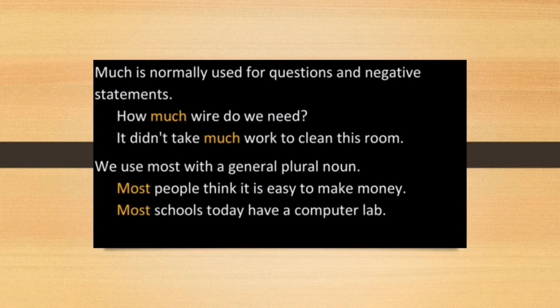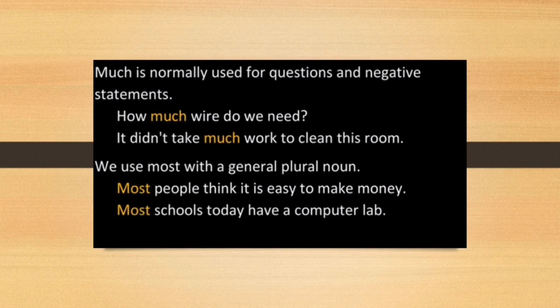It didn't take much work to clean this room, so negative sentence, right? So you have used much in this. And when do we use most? We use most with general plural noun के साथ. Let's see, most people think it is easy to make money. Now most people here is plural noun and it's general because it's not particular. People means log. Okay, so most people think it is easy to make money, so we have used most, ज़्यादातर